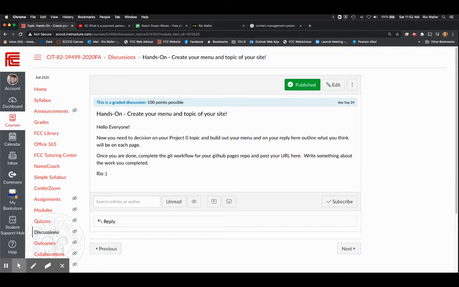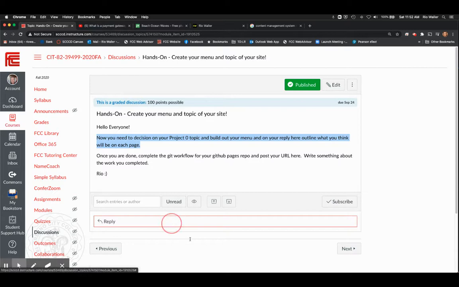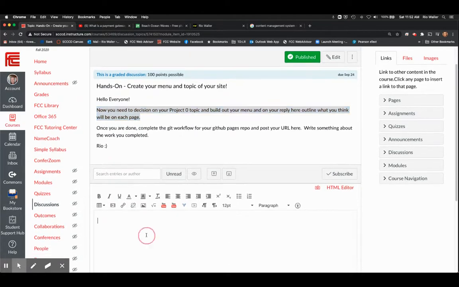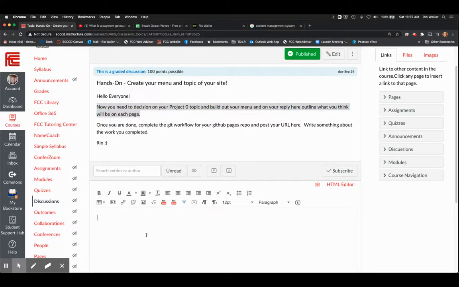and then in your reply, outline what you think will be each page. Now, this is your best guess at this. In your reply, you could do this in the site if you want to take the time now, but either do it in the site or do it here where you actually go through. And so we're going to show you how to build it in the project, but I want you to have thought about what pages are going to go underneath those as well.